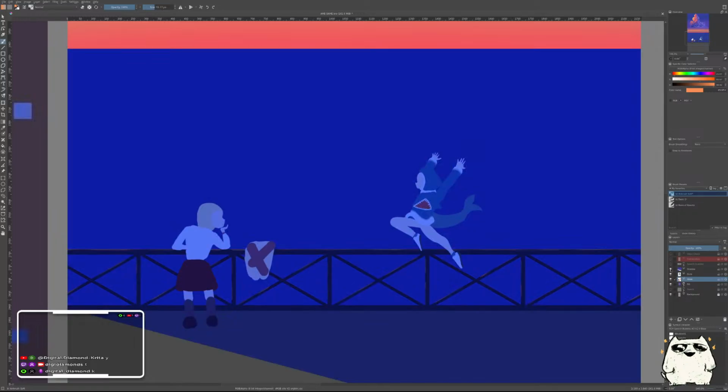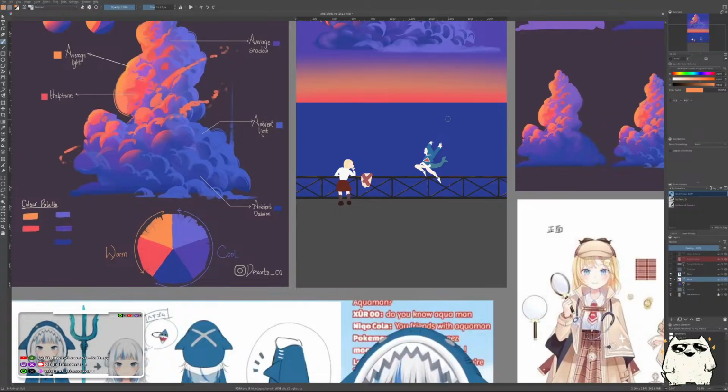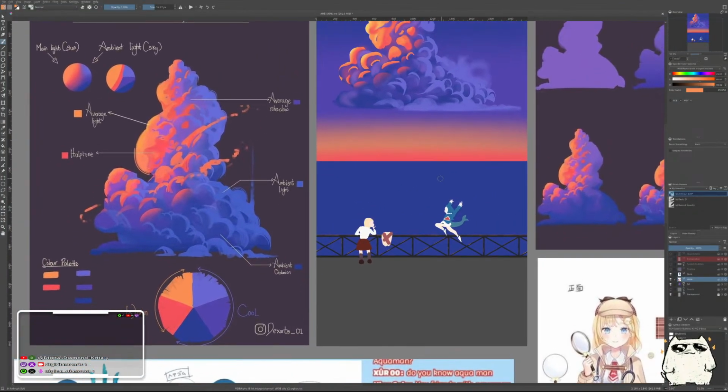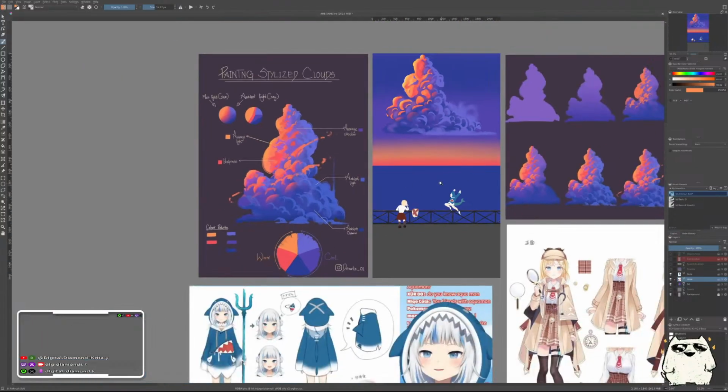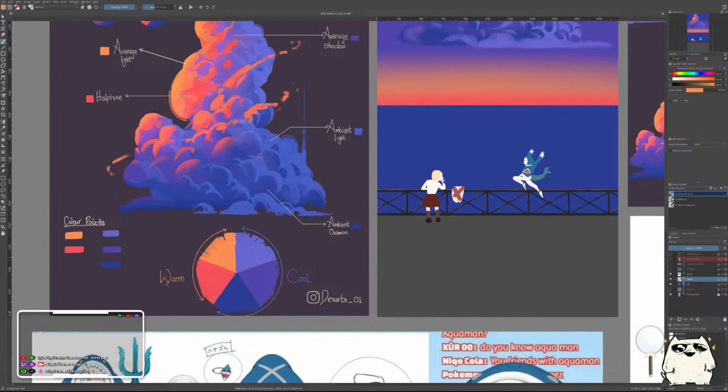We have shadows. They might be too saturated, and we need to do something about the shadow. I mean, it does have the same blue. If we're gonna use the same color palette, keep things consistent,